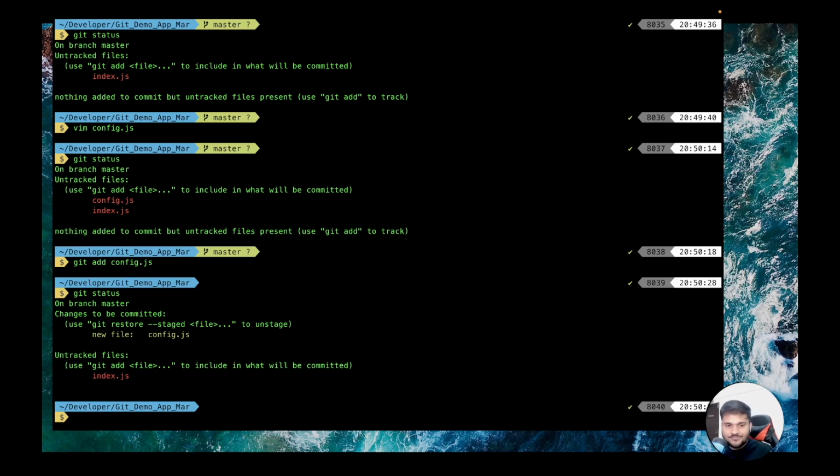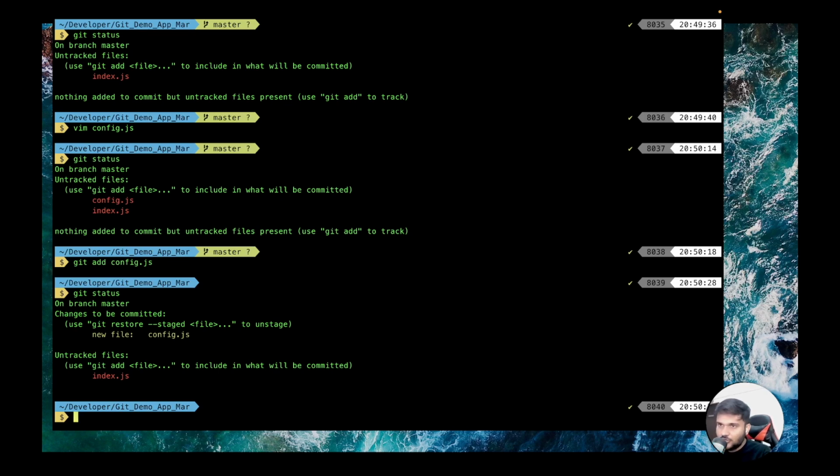which is untracked. If you want to remind yourself what a working directory, the staging area, and the repository area are, always say one thing to yourself. The things which are definitely going to be part of the next commit are in the staging area. The things that might be part of the next commit are in the working area. And the things which are part of the previous commit are in the repository. You can say that, right?